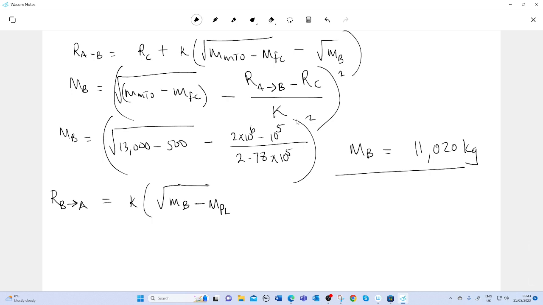You remember, the payload has been dropped while returning back. So we subtract it from the MB. So the payload is subtracted from the MB minus the mass of the operational. So our RB to A equals K